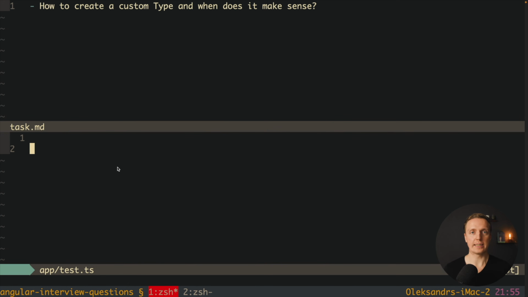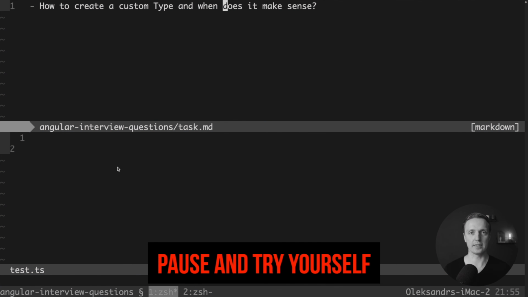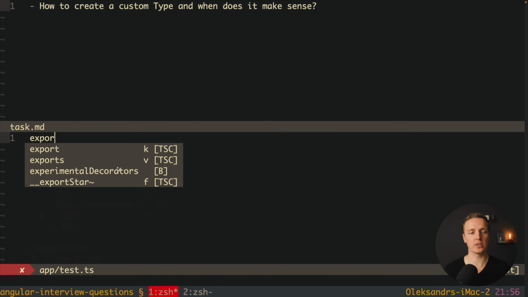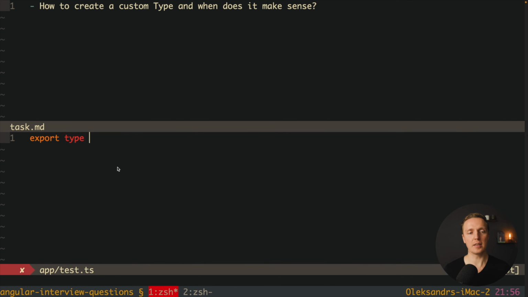You might also get a question like this: how you can create a custom type inside TypeScript, and when does it make sense? So the first question, how to create a custom type inside TypeScript at all. And for this we can use a reserved word which is called type. And we can name it whatever we want, for example foo, and typically we are writing it with capital letter.